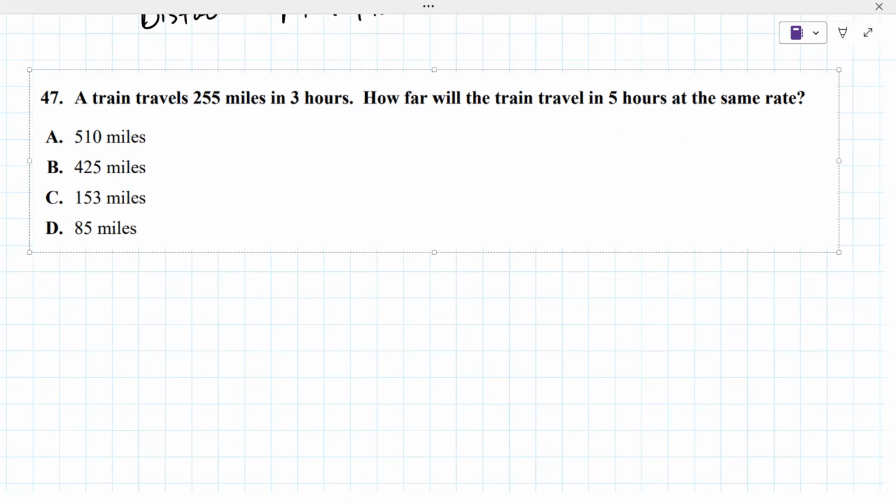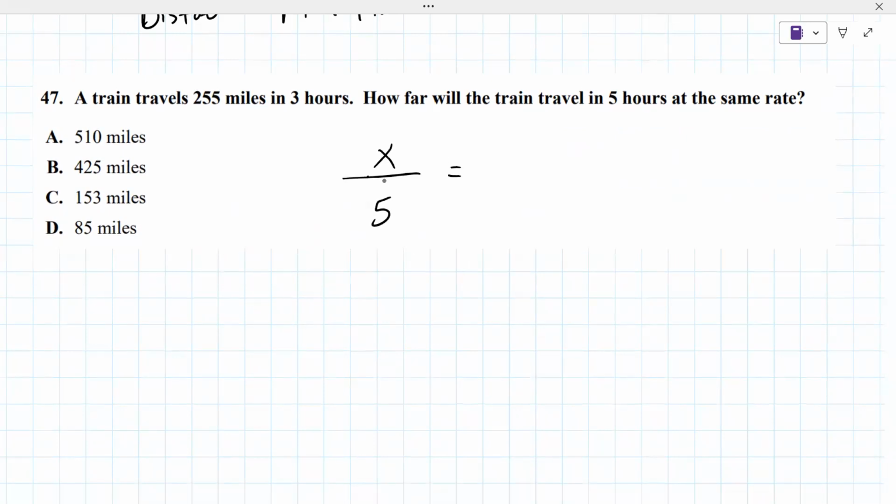Okay. How did you solve? Did you set up a proportion? No, I just used 255 divided by 3, and the answer I got for that was 85, and I multiplied that by 5. Okay. All right. So these are related to, and typically these come first, but I'll just put this in front